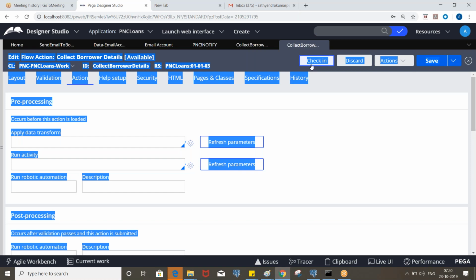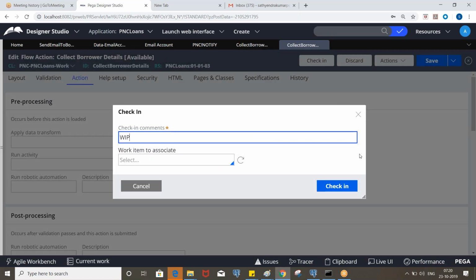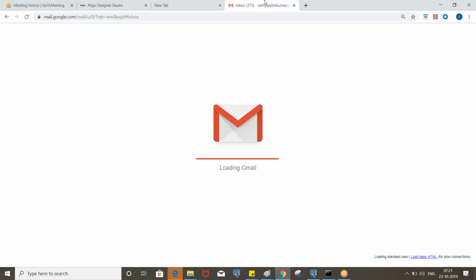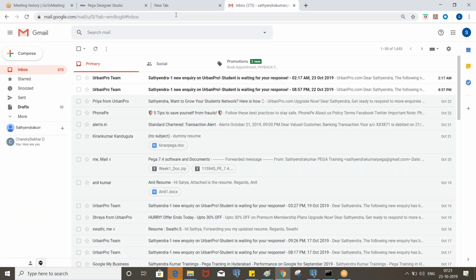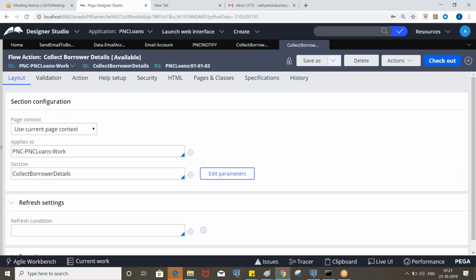So now let's execute it. Before submitting the screen, open the tracer and you can see the whole execution process of that activity. Okay, and this is the to email. I'll be putting this, and this email should be able to receive the email.